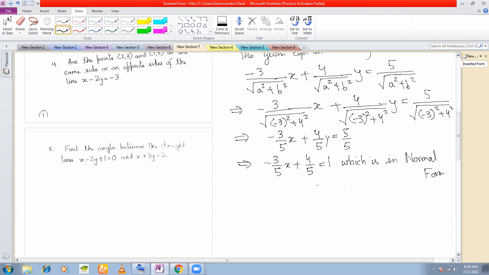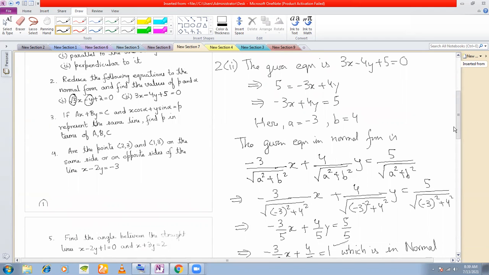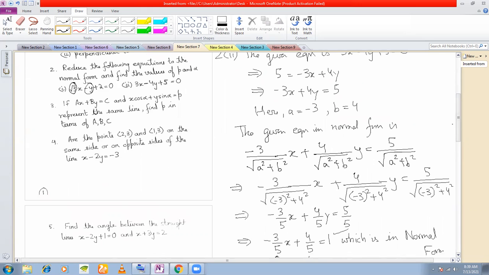Okay. So as I told you, this is not always possible to write in terms of cos theta, and this is not always possible to write in terms of sin theta unless you have the tables. Okay. If you have the calculator, you can check which values are which. But not always possible to write. You can leave your answer here only. If you see any kind of standard value here, like in the previous problem, we saw that we had some standard values. We are getting root 3 by 2 and half. So that is why we could write them as sine 150 and cos 150. Otherwise, not always it is possible to write them in terms of cos theta and sin theta.